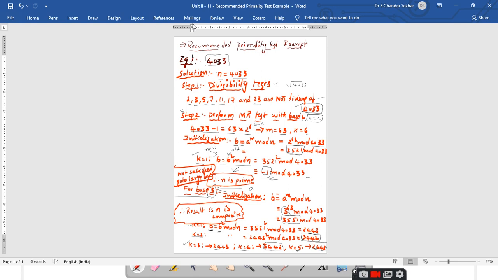If you look at symmetric key cryptography, it is used to convert the textual data into the ciphertext. But here we are going to convert the numbers into the ciphertext. So they make use of a lot of mathematics. We should know what a prime number is, what a composite number is, and we should check whether the given number is prime or not. That is the reason why we are going deep into the discussions of primality testing. Right, so this completes the concept of primality testing.